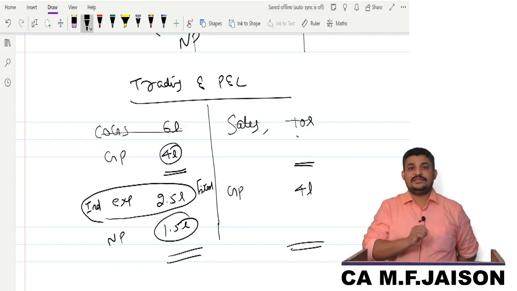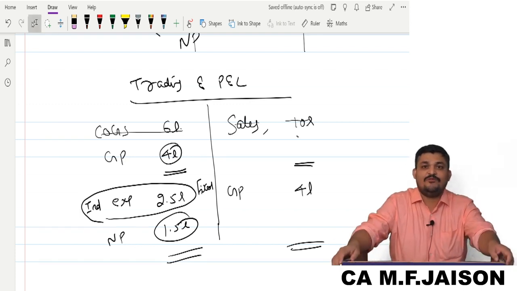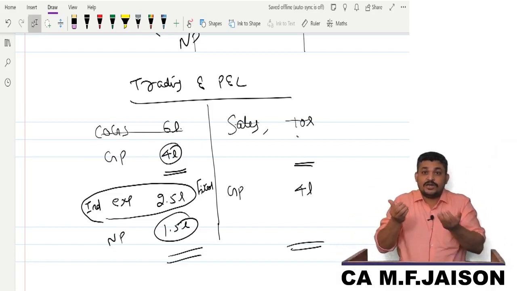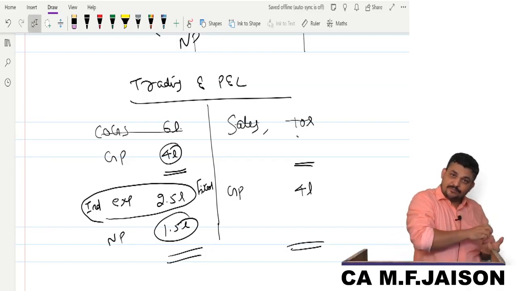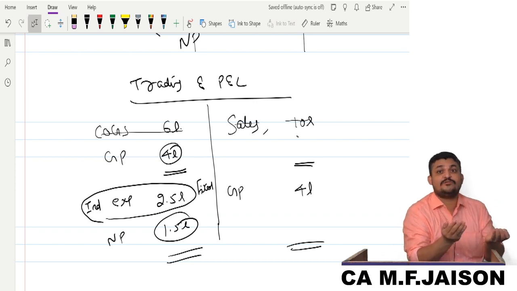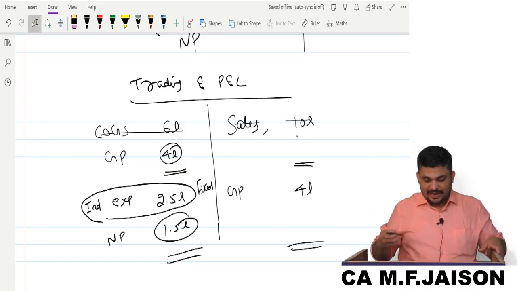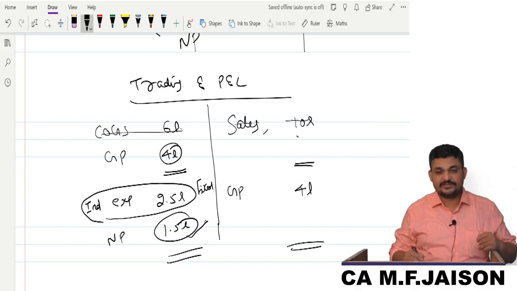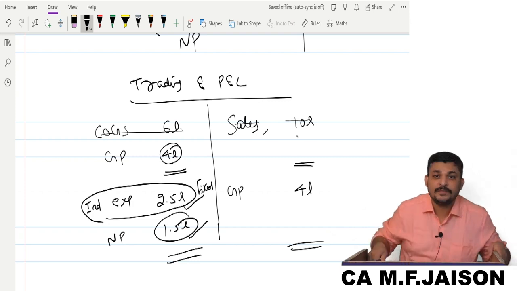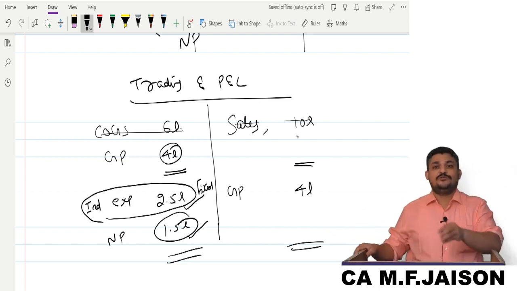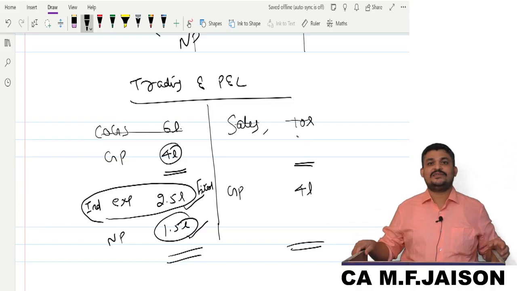So the point I am making is, if the insurance company wants me to take home 1.5 lakhs, how much do they have to give me? They have to give me this 1.5 plus whatever fixed cost I would have incurred even without operations. So I want them to compensate me these two items. Which two items? The net profit of 1.5 which I would have earned, as well as the fixed outflow of 2.5 lakhs. The addition of these two is what I am expecting the insurance company to compensate me.